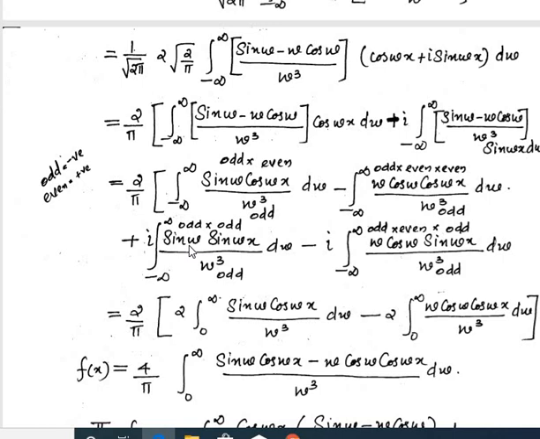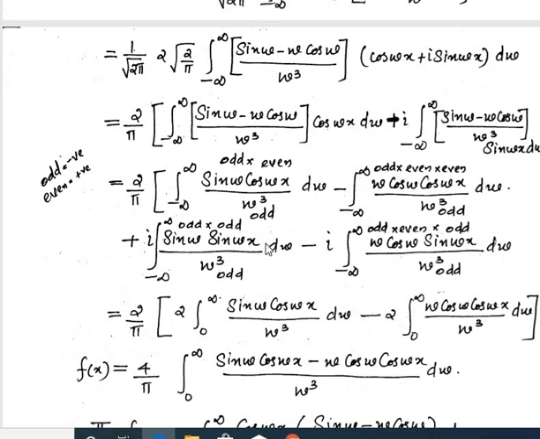Now this one, sin is odd, so minus sign. Sin again odd, minus into minus is plus. Divided by minus, minus. This one, minus into plus is minus. Minus by minus is plus. Plus by minus is minus. So it is completely odd. So this integral value is 0. Here odd is minus, even is plus, so minus into plus is minus. Then again minus. Plus by minus is minus. This is again an odd term. So these two terms will be 0.